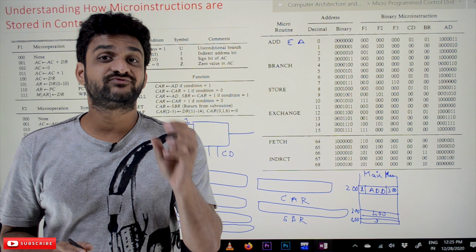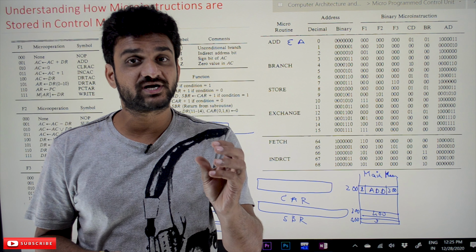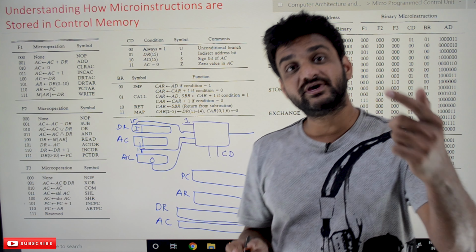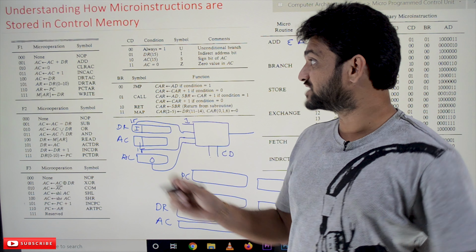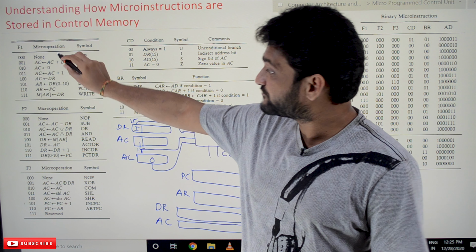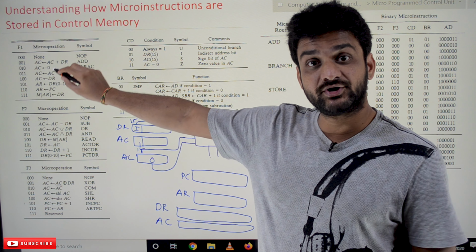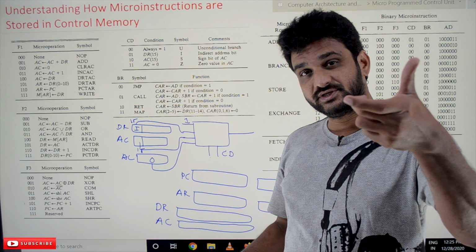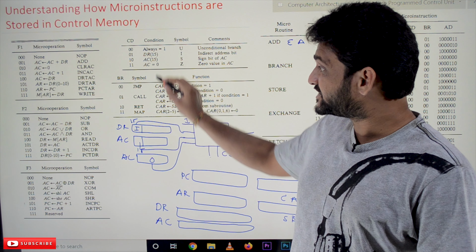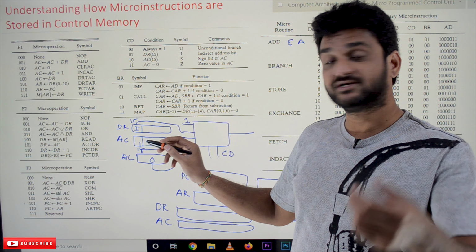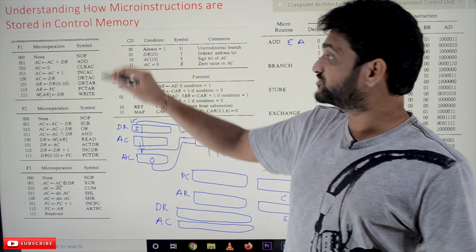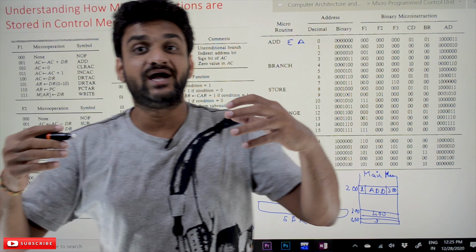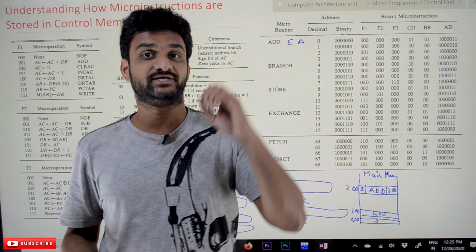And this is a very important class because the dots that we have created in our previous videos, like F1, F2, the control word part of the micro programmed instruction, so micro instruction, and the status bit part of the micro instruction, all these concepts we are going to combine, and we are going to understand this concept by using an example.